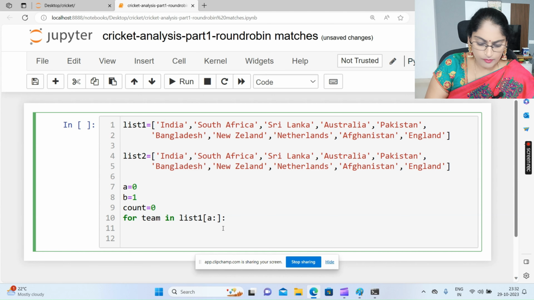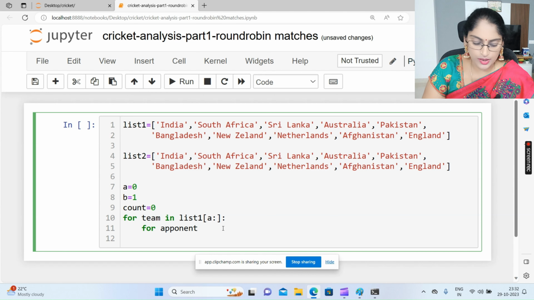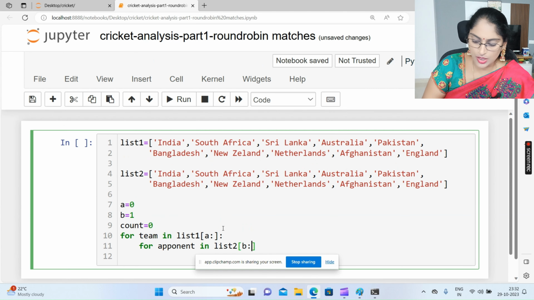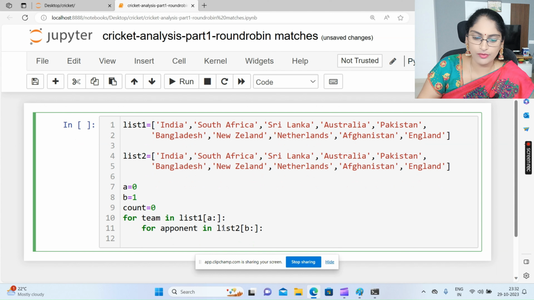So next, for opponent, this is the iterator name, opponent, in list 2 of B. That means the initialization I am going to start from the index number of 1. That means South Africa. So let me write